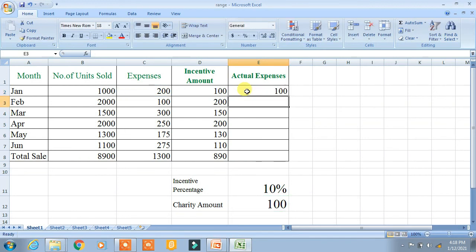You can calculate actual expenses of other cells by dragging the mouse pointer to the rest of the cells when it changes to a plus sign. Children, now the actual expenses are calculated with the help of mixed references. Hope you understood about this.